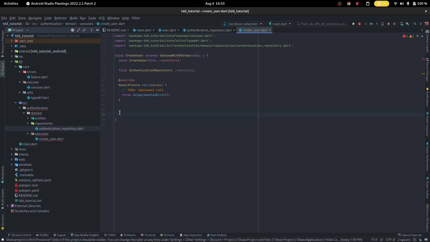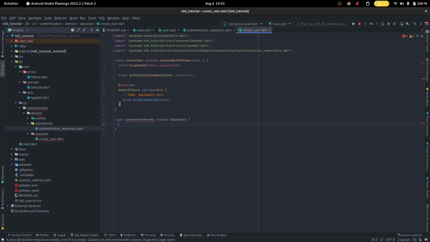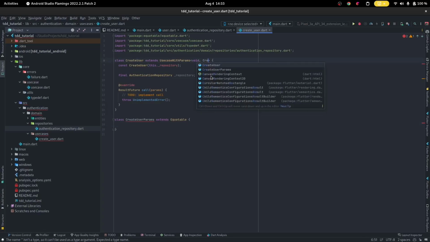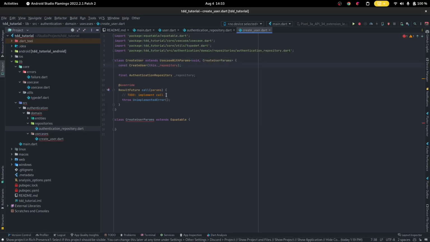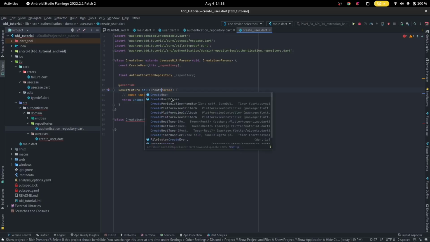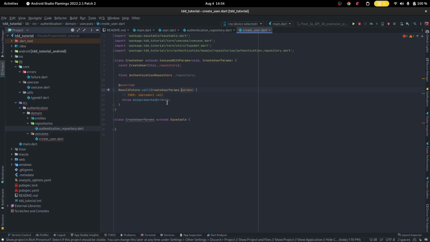Alright, so this is how it works in clean architecture. I know this is a lot of boilerplate code, but please sit through it. It will benefit you in the long run. So when we have more than one, what we usually do is we create a custom type for it. Alright, so we can come down here and create a class. Right, we can call that create user params, and we also want to use equatable, right? Boom. And we can simply say void create user, create user params, and that's a type for this one, right? So we can have here create user params, and we can just simply